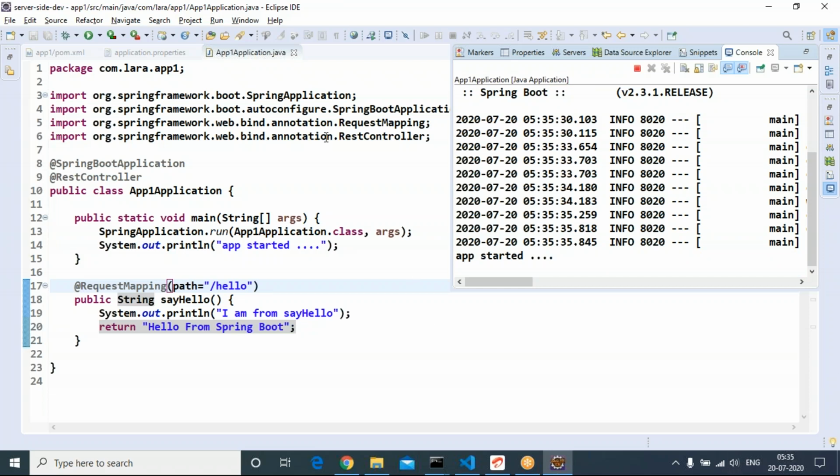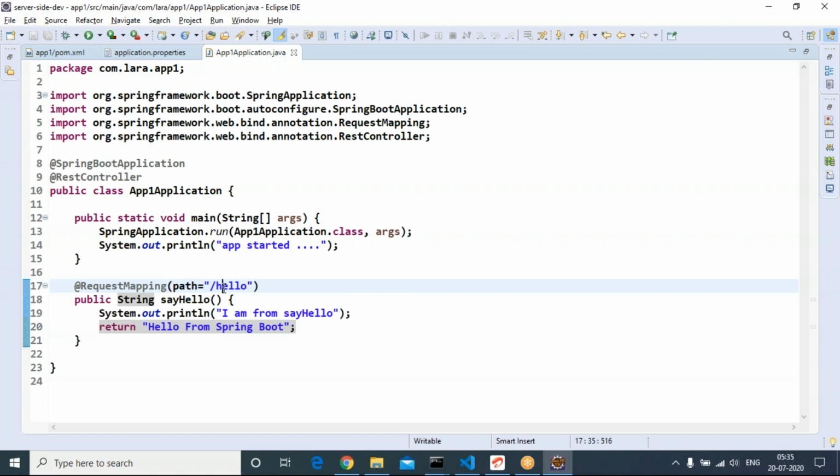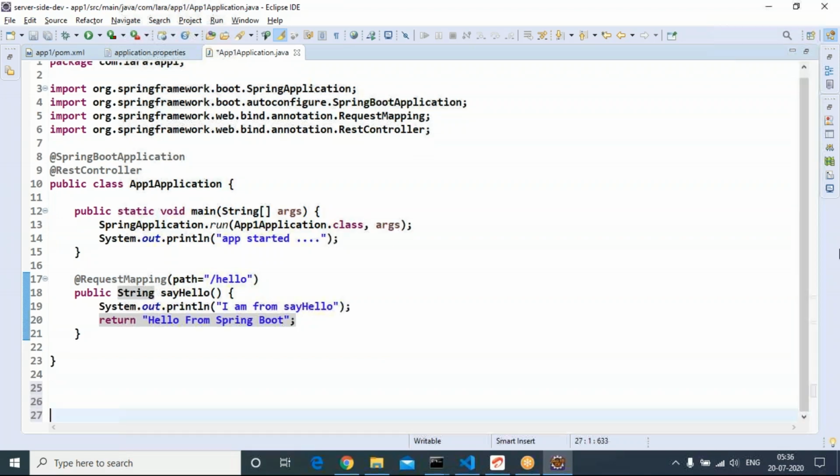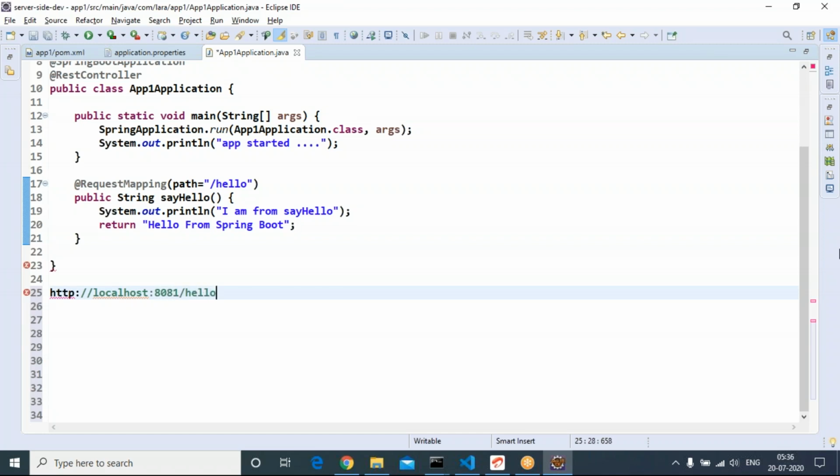The application started. Now, what is the port number chosen for this application? 8081. With 8081, we can give a call to hello. How can we give a call to hello? Let's open a browser. In the browser address bar, you can specify http://localhost:8081/hello.